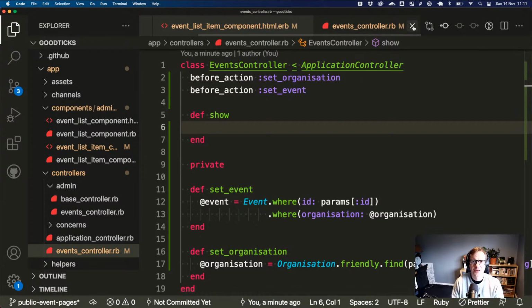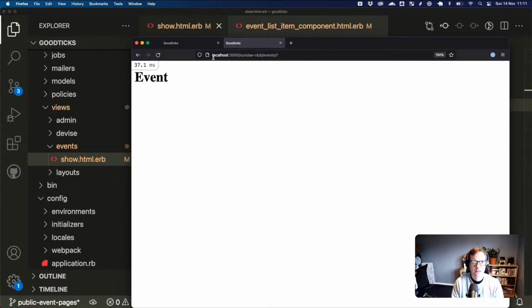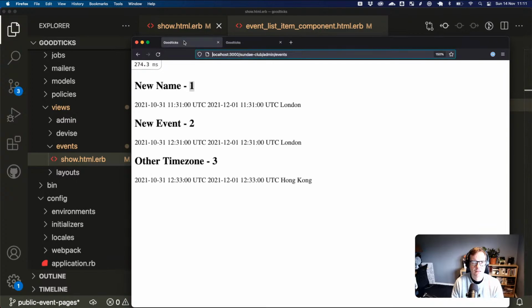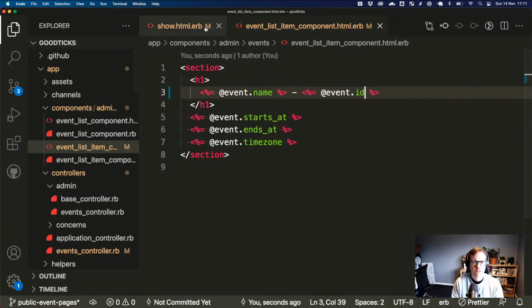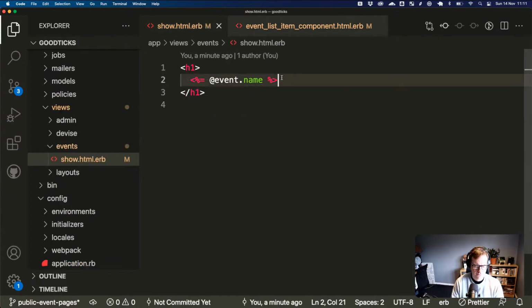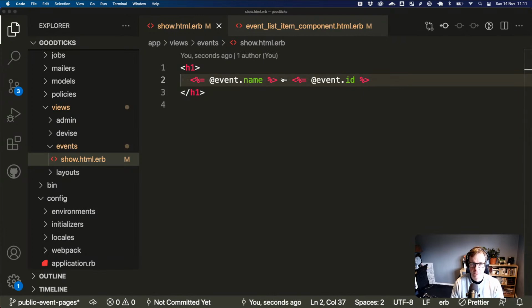Wait, what did I put? What did I put in the view? At event name. And I've got event. Oh, is that not an instance?